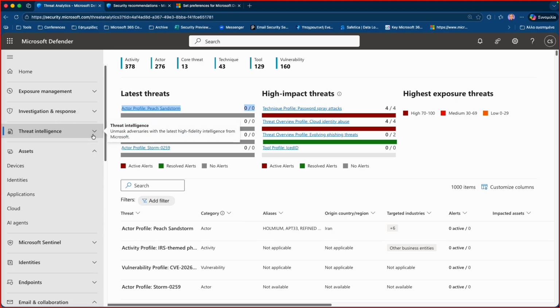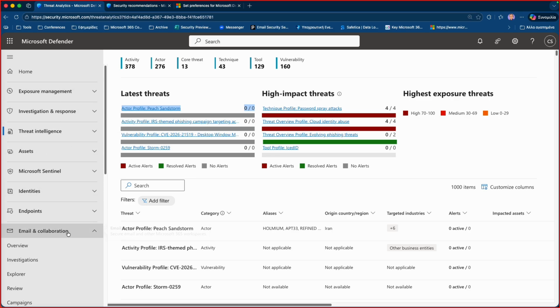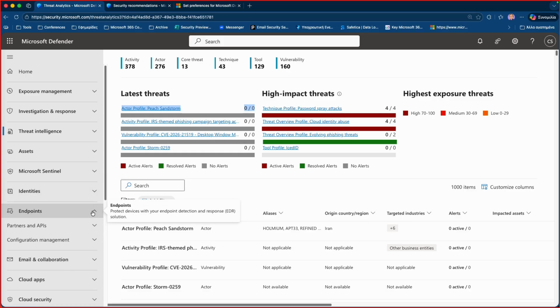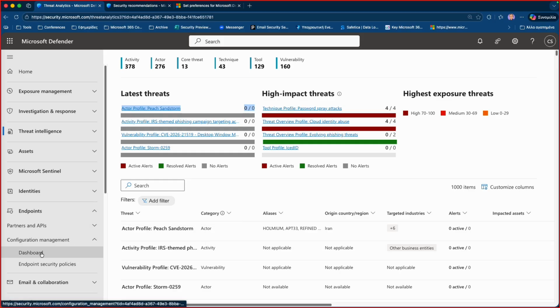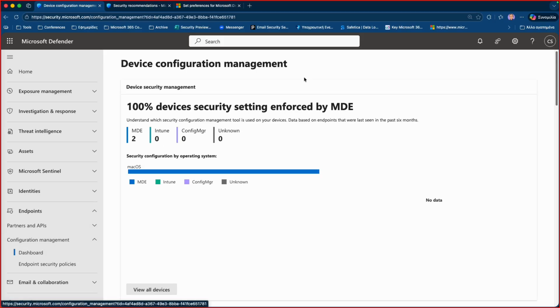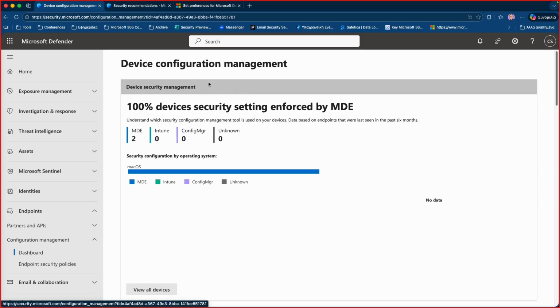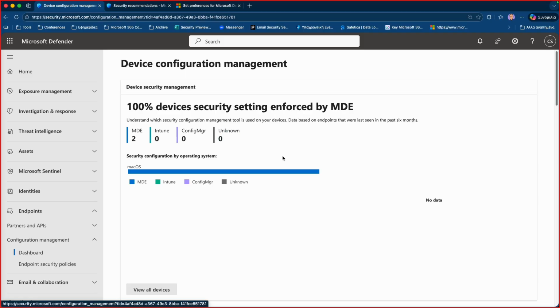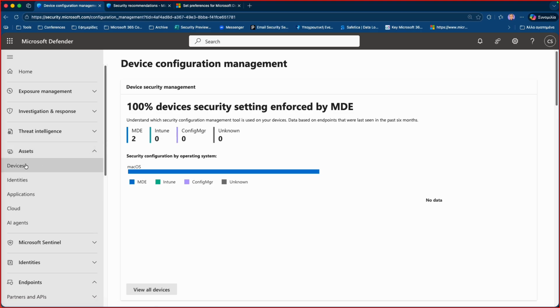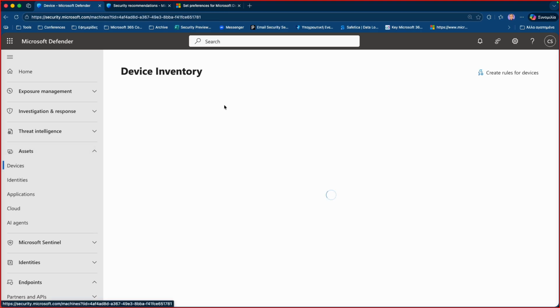If you want to check your Defender for Endpoint information, you have two places to go and check it. You need to go to Endpoints here, okay, and check this specific dashboard. In this specific dashboard, we can see that we've implemented devices and security by using MDE. Okay, you can still use it by using Intune if you want, or Configuration Manager. Okay, but the next place where you should actually go is the assets part here, where you can see the